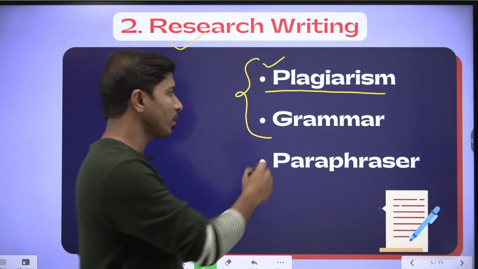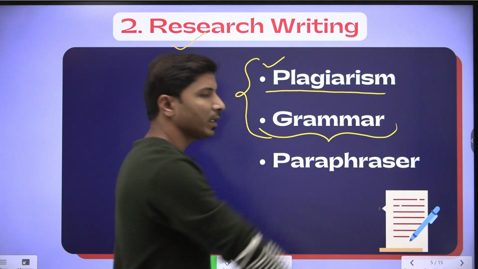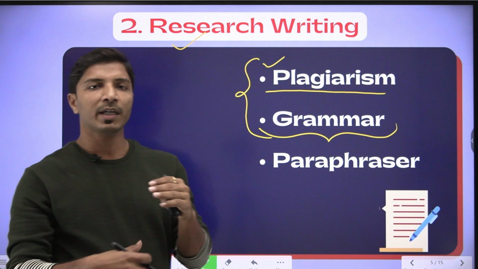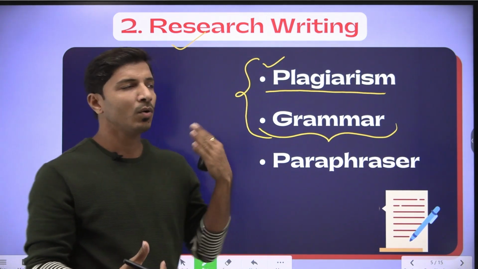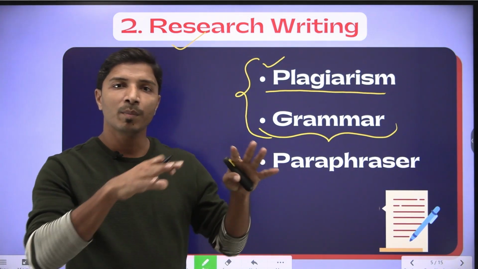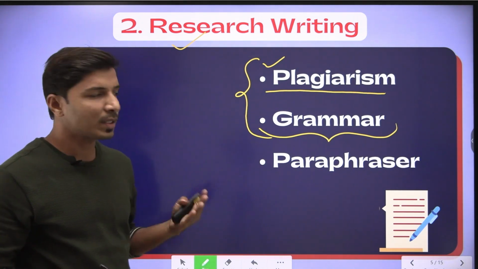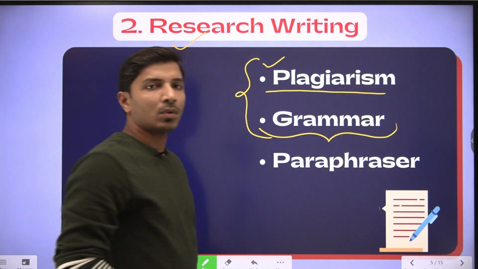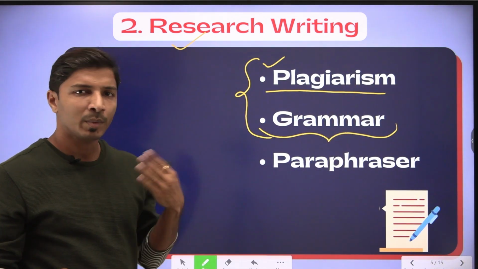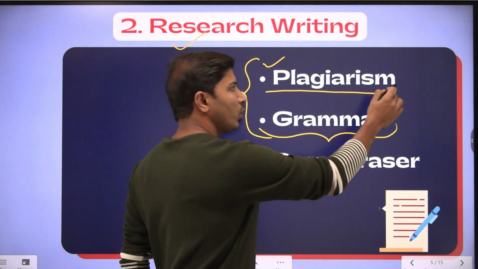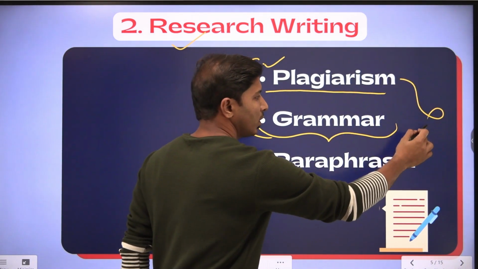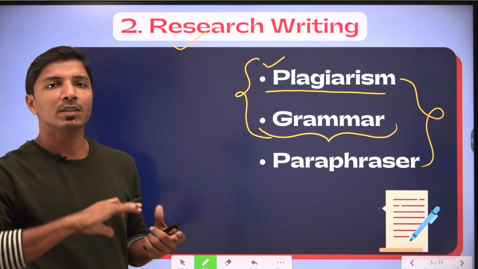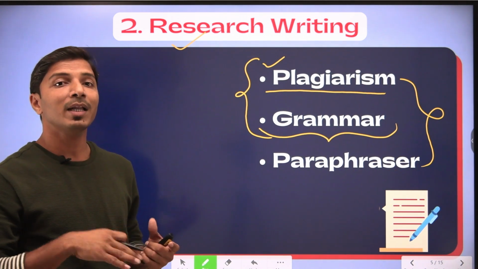The second most important parameter is grammar. While writing a research article, I need to take care of the grammar as well. While writing one chapter, you may go ahead with grammar checking, or after writing the complete research article, you can also perform a grammar check. That is actually required. When I talk about self-plagiarism or any kind of plagiarism, if I am committing it, then to get better word choices, you may use paraphrasing tools. The paraphrasing tools will give you similar kinds of words, or rather excellent words.